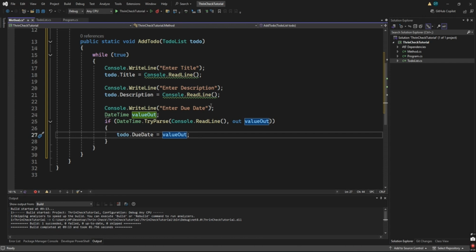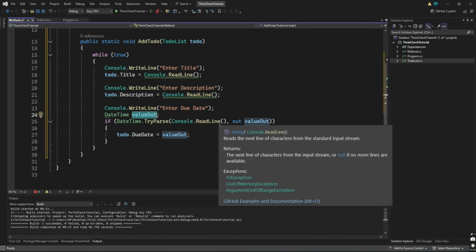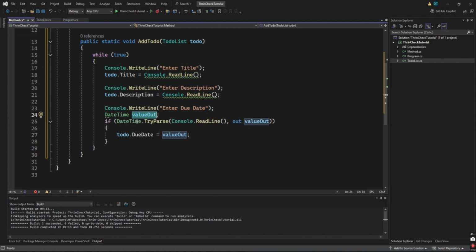So if enter due date time, and then we already define the value that we want it to be parsed out as, value out. Then we try to parse whatever input the user inputs as a date time format. And then if we are successful, if we can parse it successfully, that means it is a correct date time value. Then do what? Parse it for us, assign the value to this due date. We are good to go. Else, if we cannot parse it as a correct date time format,